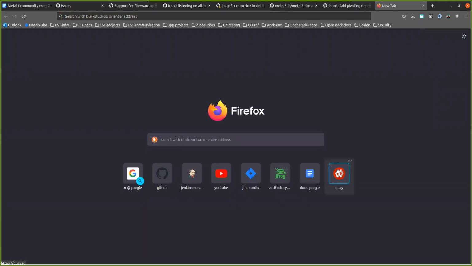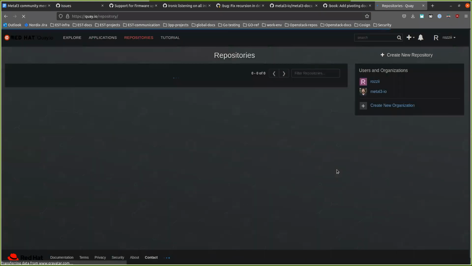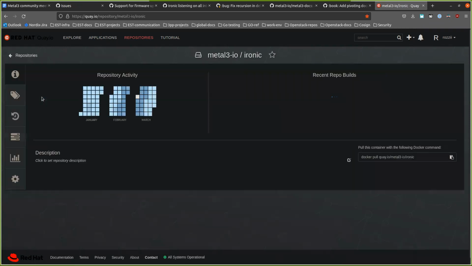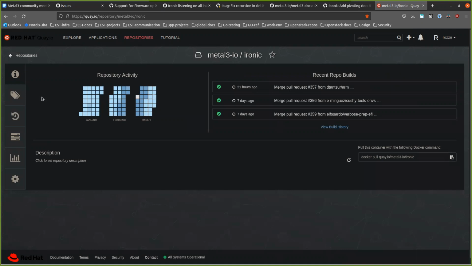Other than this, I had a question related to Quay. If somebody is familiar with Quay, it's a bit of a security topic, but I don't think there's anything that would be non-public, because the vulnerabilities are public CVEs and everybody can see them even without registering to Quay. So if I would go to Ironic in our Metal3 IO project and would go to